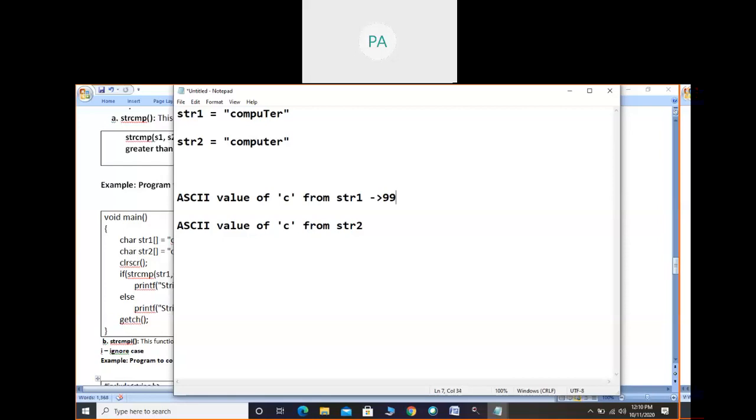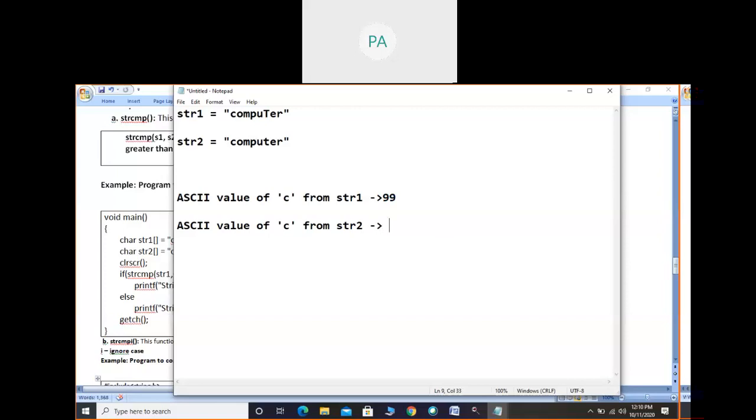How did I say? Small letter A is 97, small letter B 98, small letter C 99. So that is the sequence from 97 up to z. And capital letter A is 65, capital letter B 66, and so on up to capital letter Z in sequence. So if the small letter C has the ASCII value 99, whether it is in the first string or in the second string, the ASCII value will be the same, right?